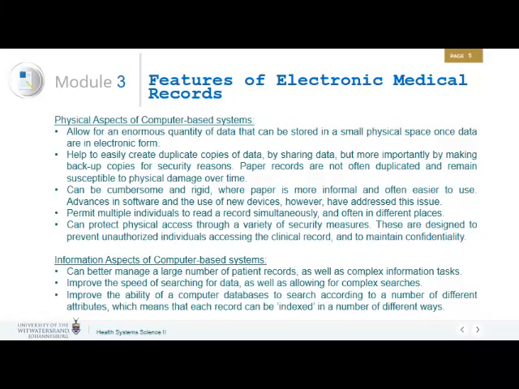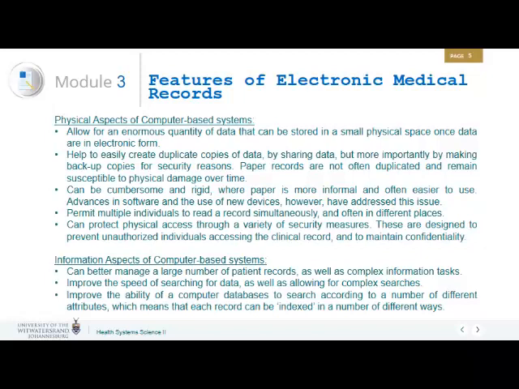We see that there are also a number of information aspects of computer-based systems. For example, they can better manage a large amount of patient records, and they can also manage complex information tasks. So we can see relationships between information points within different medical records. We can see that it also improves the speed of searching through data, and it also allows for complex types of searches. So instead of having to